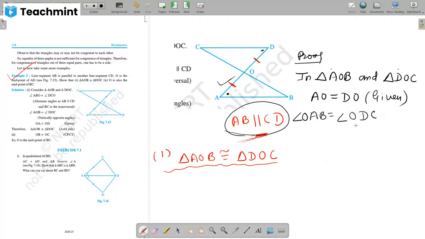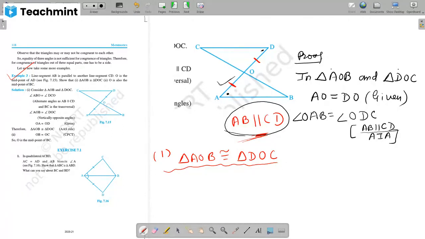Why they are equal? Because this AB is parallel to CD. If you want, you can skip this line. Okay, it's not necessary because in the given we will write that AB is parallel to CD. So here we can directly write by alternate interior angles. Okay, you please write the complete word. For the first time I'm using symbols. Generally, I don't write short forms. I write the complete word. So alternate interior angles.